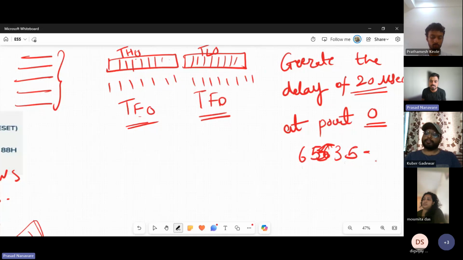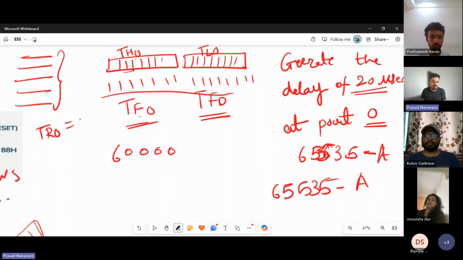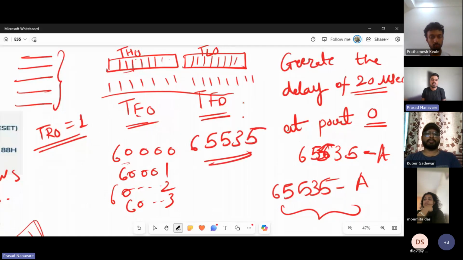तो मैं 65,535 से माइनस करूंगा ये वैल्यू, सपोज दैट वैल्यू इज ए। ओके, सो आई एम डिडक्टिंग ए from 65,535, फिर जो भी वैल्यू आई, सपोज द वैल्यू केम आउट टू बी 60,000। ओके, तो मैंने 60,000 इसमें लोड किया, और जब मैं TR0 सेट करूंगा, मतलब मैं बोलूंगा कि काउंटिंग स्टार्ट करो अभी, तो ये काउंट स्टार्ट होगा 60,001, 60,002, 60,003, 60,004, और ये कर करके ये एंड में कहाँ तक पहुंचेगा? 65,535। तब मेरा TF0 सेट होगा, मतलब टाइमर मेरा ओवरफ्लो हुआ है।